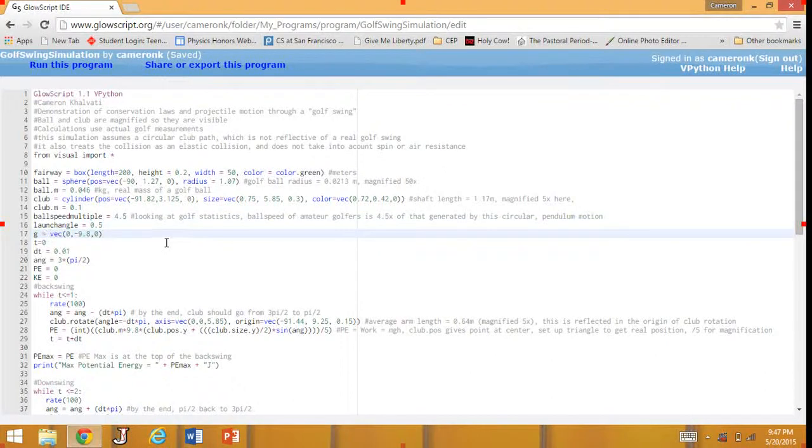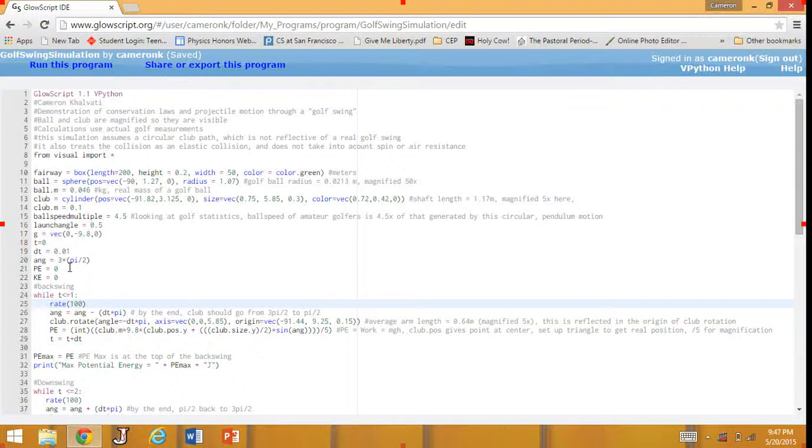Here I establish the gravitational constant g, delta time, which is how much time passes by each run of a loop, and then here's the angle of the golf club at the start of the swing, and potential energy and kinetic energy trackers. So the start of the swing, or the backswing, is the first loop. While t is less than or equal to 1, I set the rate equal to 100